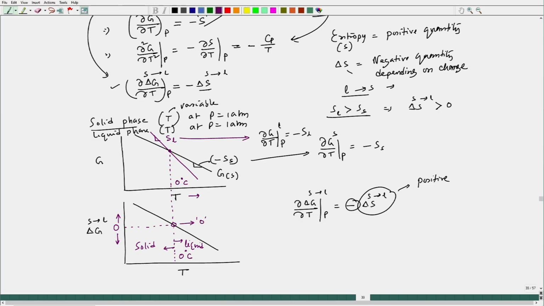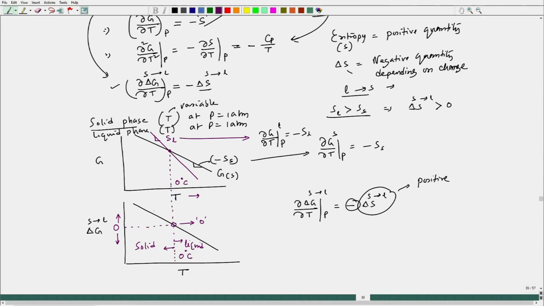So, that free energy change should be positive. So, solid to liquid is not a spontaneous process below 0 degree Celsius, but solid to liquid beyond 0 degree should be a spontaneous process. Fine. So, here, why is it that at this place, solid to liquid is non-spontaneous,